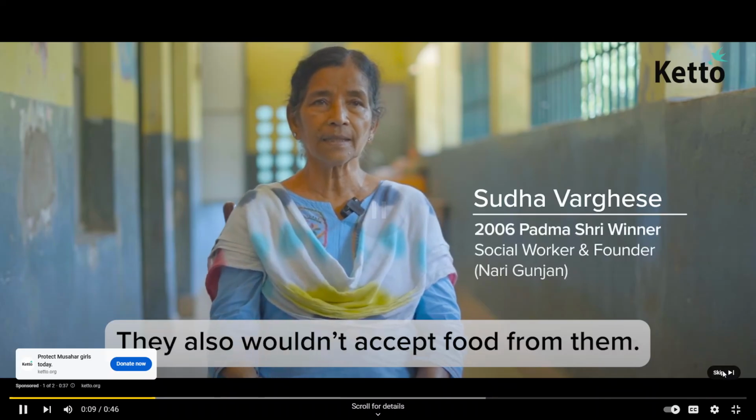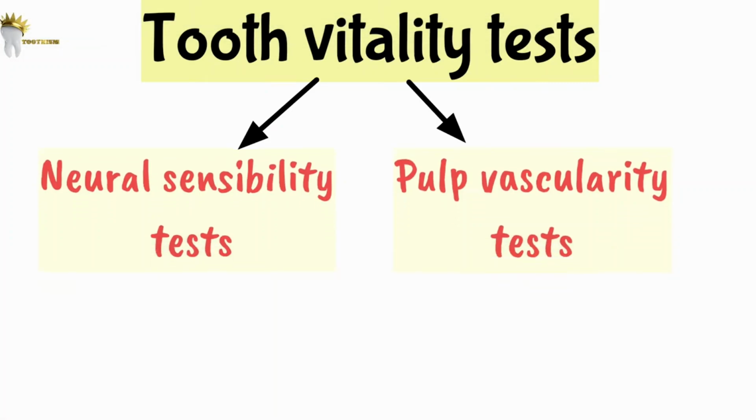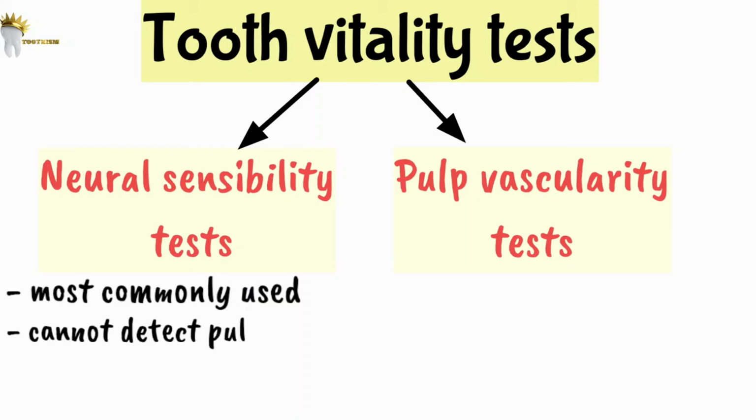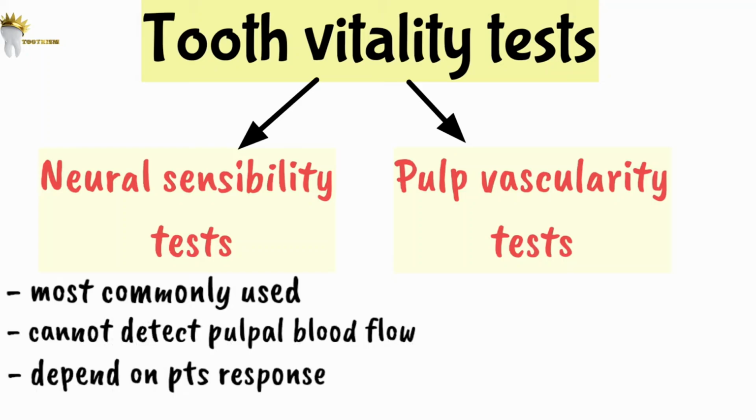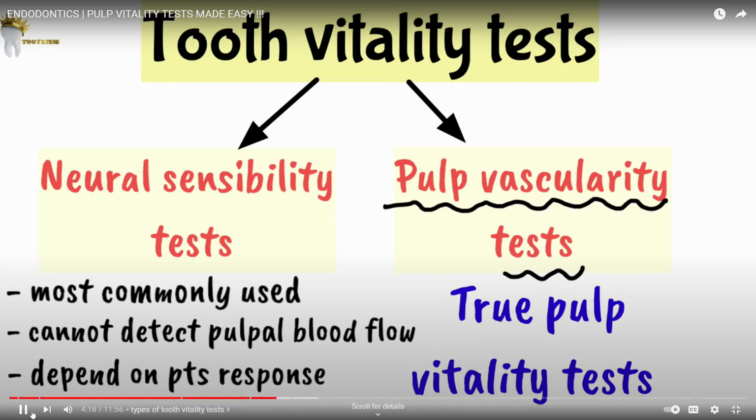There are 2 types of tooth vitality tests, neural sensibility test and pulp vascularity test. The neural sensibility tests are most commonly used, but they cannot detect pulpal blood flow and they are dependent on patient's responses and the dentist's interpretations. So pulp vascularity tests are actually true pulp vitality tests because